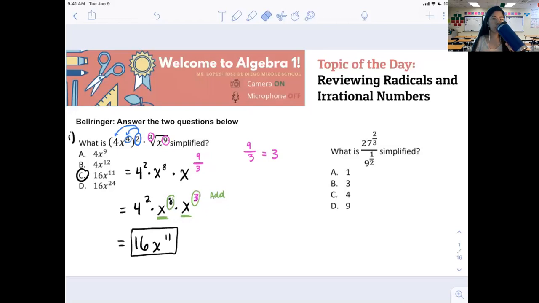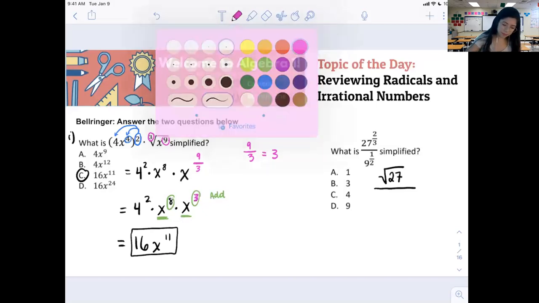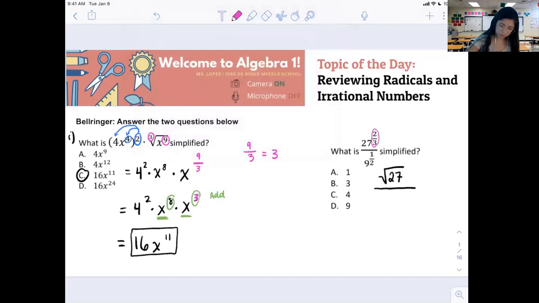Turn the whole exponent expression into radicals. Okay, so let's see what happens when I do that. So 27. So here's my radical. What number goes inside? Which number goes outside? 2 goes inside, 3 goes out. Now on the bottom,